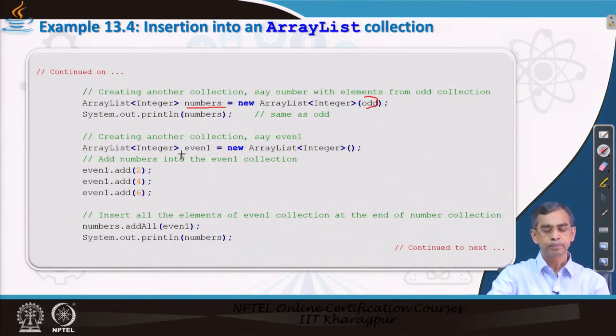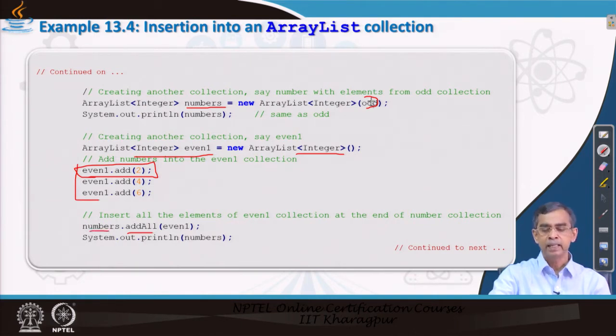Alternatively, we can use the addAll method for odd, and then add some other elements into it also. Now here you can see another collection, even one, which is initially empty, and we add the elements: add 2 into even one, add 4 into even one also. So the even list is created. Now we addAll even one into numbers.